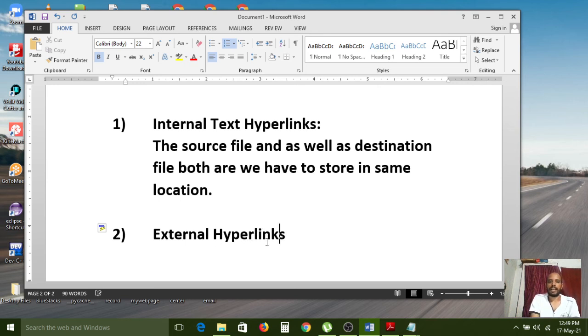Hyperlinks, external text hyperlinks. Already that example is over, but again one more time I am explaining.